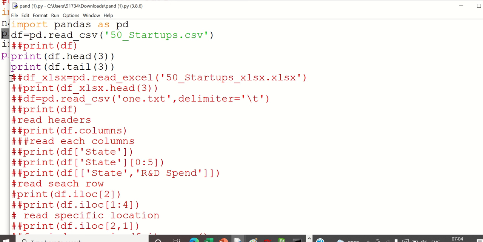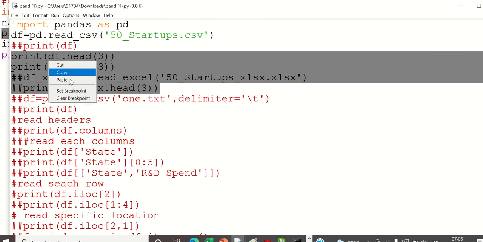We can also read contents from Excel. This XLS file we can read, CSV also we can read. But you cannot use read CSV for an XLS file. If you want to read Excel, you should use this command, and you need a .xls file there. I will share this in the chat. You cannot run this because you don't have the XLS file. Either you should create a new XLS with a different name and copy the contents.